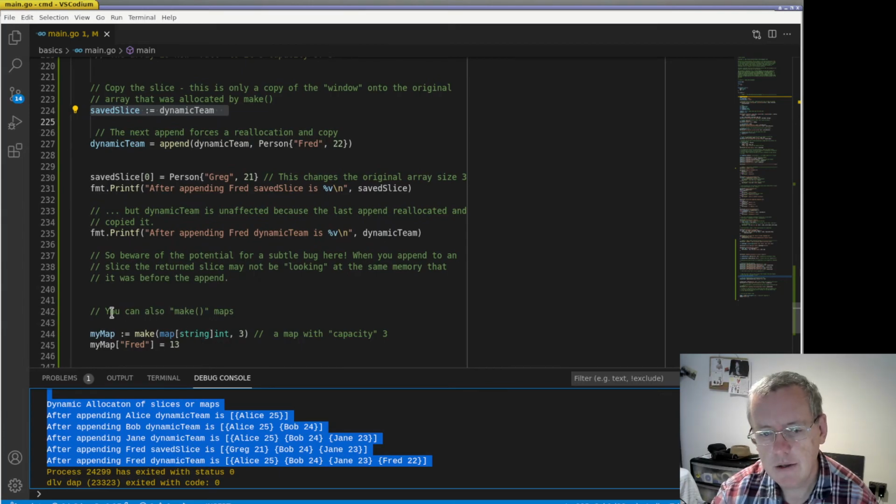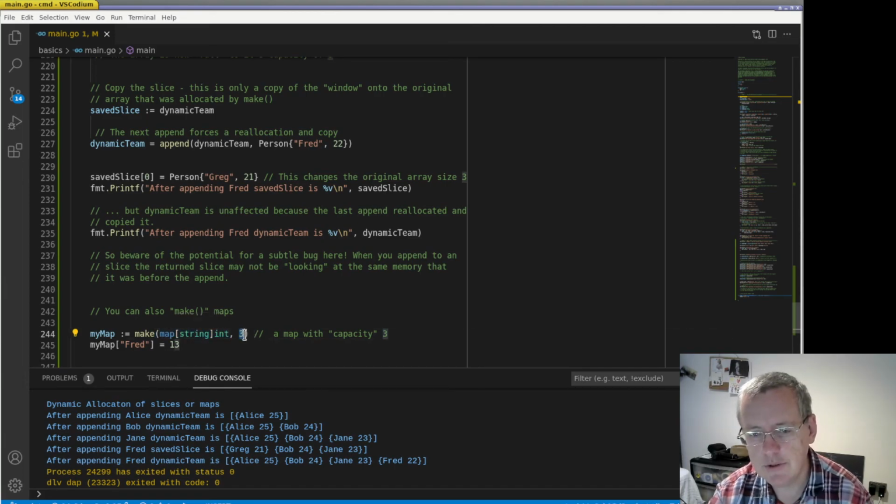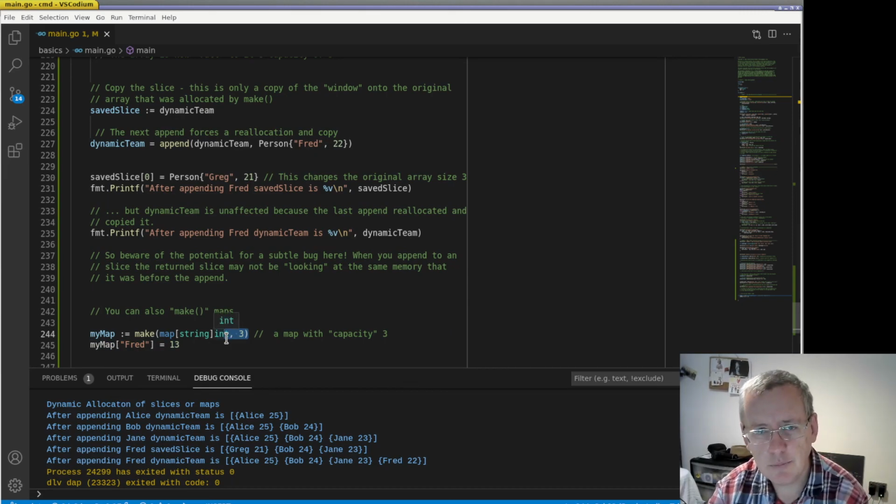And you can also make maps. Here you can see that the first parameter to this is a map type, showing the map type signature that we want to create, and the second parameter is the capacity for it. And here we are assigning. So this is just for efficiency. So your map starts off being roughly as big as you expect it to need to be, so that you don't have to keep